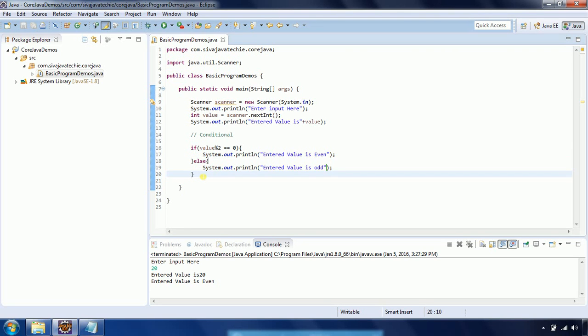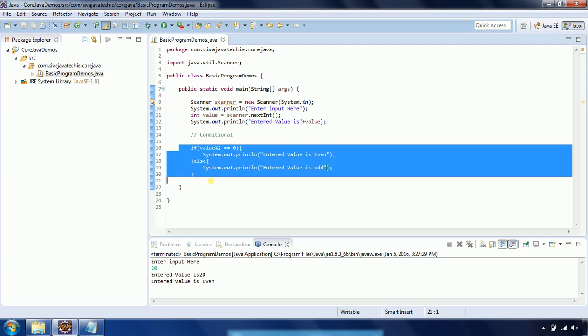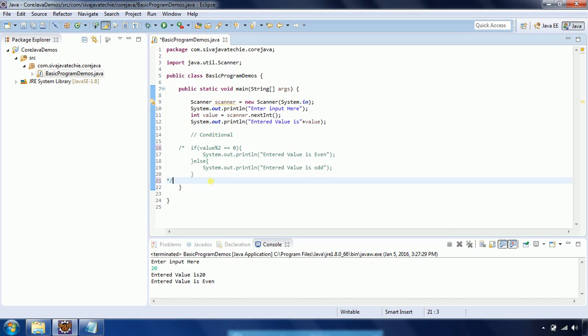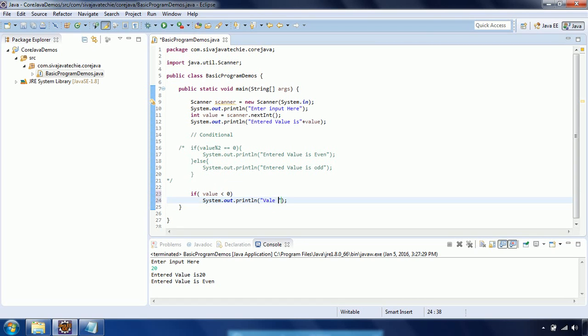This is called an if else statement. In some scenarios you may have multiple conditions you can check, and based on that you can judge something. For example, if value less than 0, system.out.println value is less than